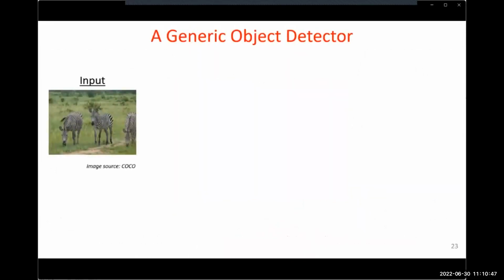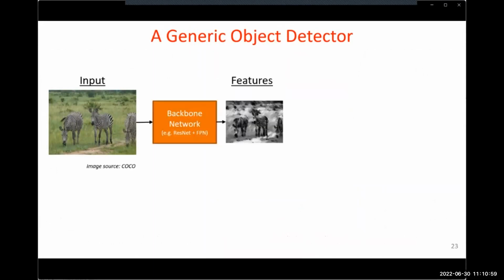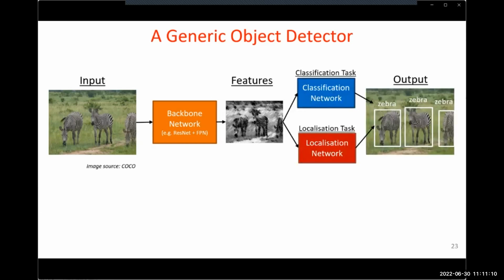This slide presents an overview of the common object detection pipeline along with some key concepts. In order to reach the desired output, the image is fed to a backbone network, which can be a combination of ResNet and feature pyramid network, and the features from the entire image are obtained. Then, in the pipeline, there exists a subnetwork for each task. Given the extracted features, the classification network aims to classify the objects, and the localization network regresses the bounding boxes